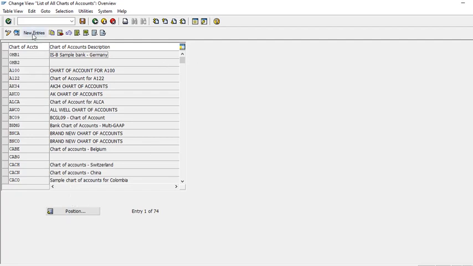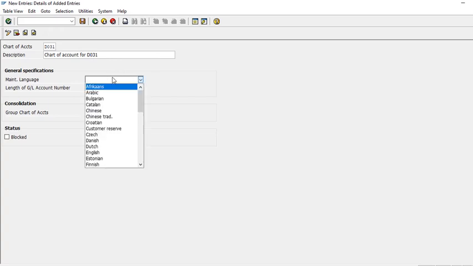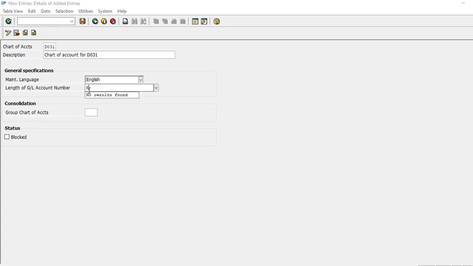So here you just make a name of your chart of account. Language is English, and this is the length of the account. For GL accounts, if you want 6, if you want 9, it is according to your requirement, the digits in the GL account. So save it,